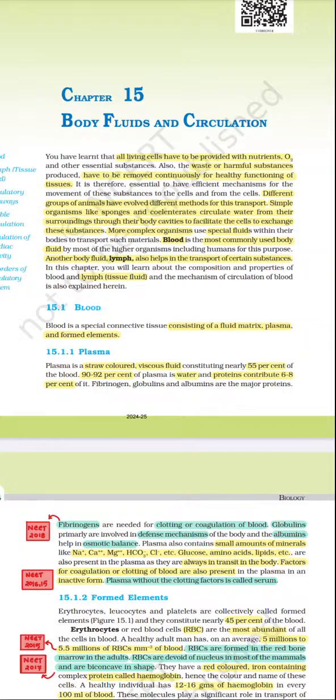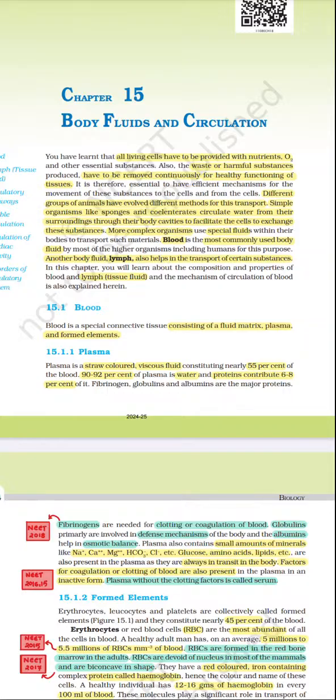Simple organisms like sponges and coelenterates circulate water from their surroundings through their body cavity to facilitate the cells to exchange material. More complex organisms use a special fluid within their bodies to transport such materials. Blood is the most commonly used body fluid by most of the higher organisms, including humans. For this purpose, another body fluid like lymph also helps in the transport of